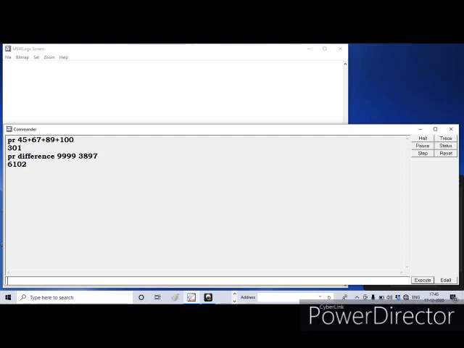Third one, multiply 67, 4 and 10. Here we have more than two numbers, so we can use symbol. What is the print command? Print 67 into 4 into 10. We can use the symbol instead of keyword because keyword accepts only two numbers. And next, fourth one, divide 650 by 45.